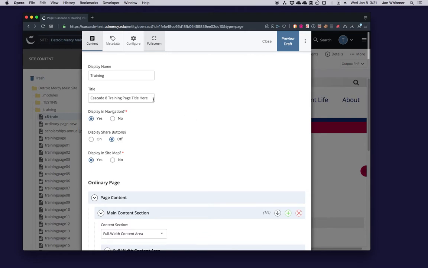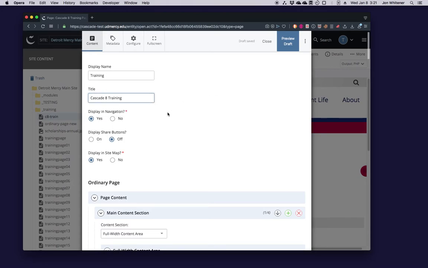All right, so I'm just going to make a very simple edit to the title of this page. I'm just going to take off this extraneous text in the title. So we're going to just take out 3 of the 6 words here. That's it. And now, here's the process for when you've made edits to a page.